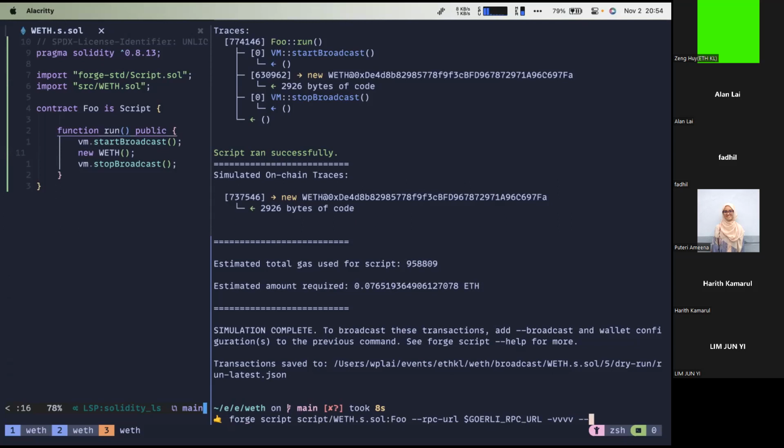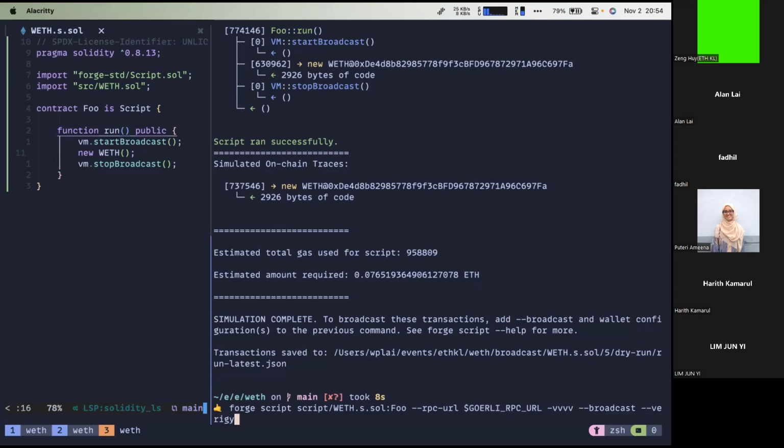We can achieve this by appending --broadcast to this forge script,